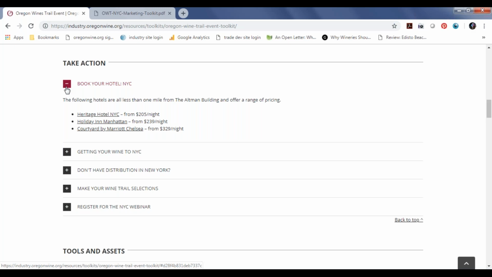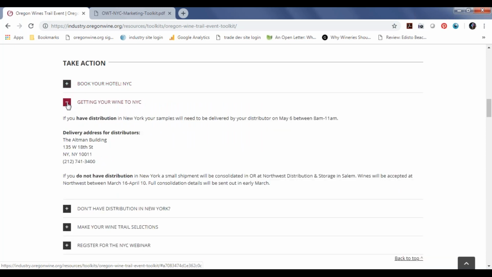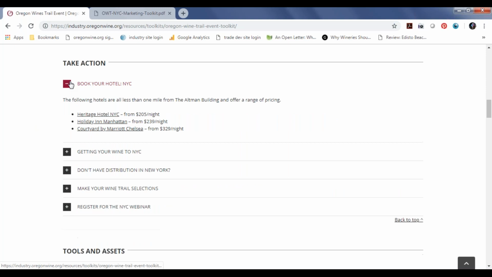As will come as no surprise, the prices that you see there were the prices at original time of posting. You all know how hotels work. I have no doubt that if you go today, you're going to see different pricing. Hopefully it's less, but who knows? I ended up booking an Airbnb that's close to the Altman. It was pretty affordable, so it's a good option too.